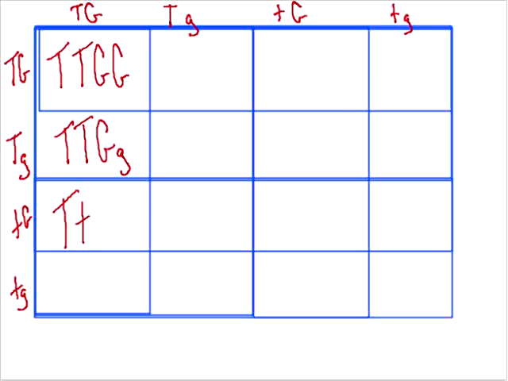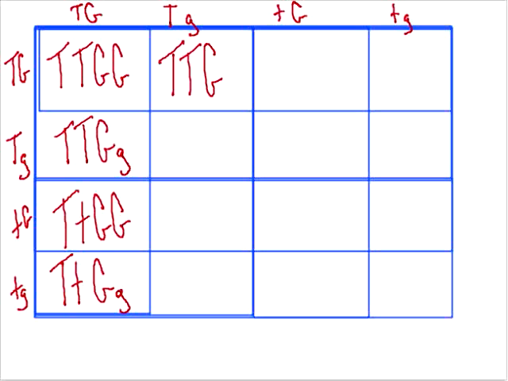Big T, little t, big G, big G. Little t, big T, big G, little g. Big T, big T, big G, little g. Big T, big T, little g, little g. Big T, little t,